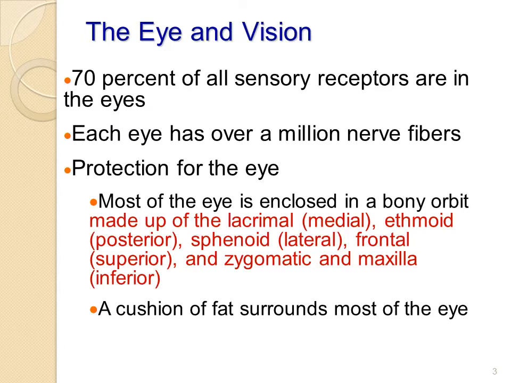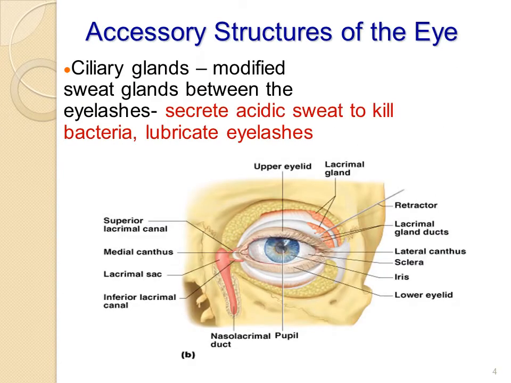As we said, the eye is a spherical structure filled with liquid humors, and this is called aqueous humor, which occurs in front of the lens. So what are the accessory structures of the eye? These include the ciliary glands, which are modified sweat glands between the eyelashes, and secrete acidic sweat to kill bacteria. Also lubricate